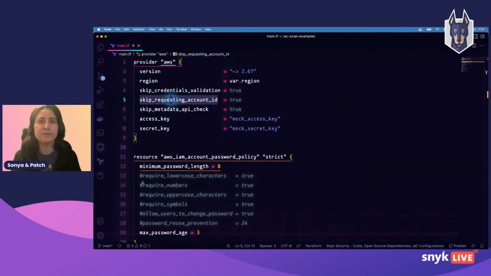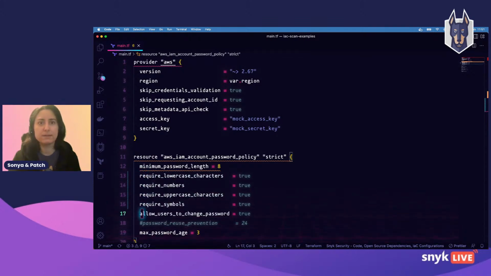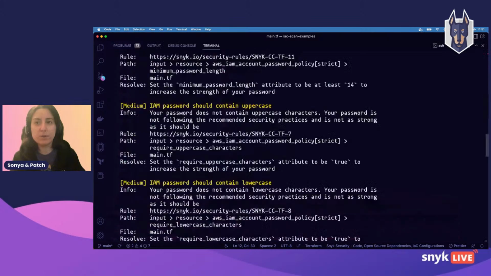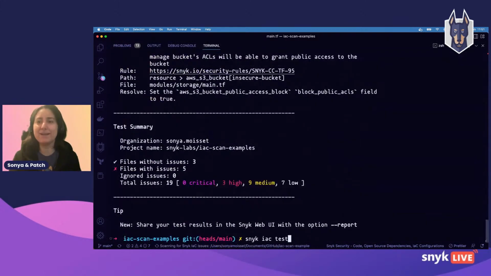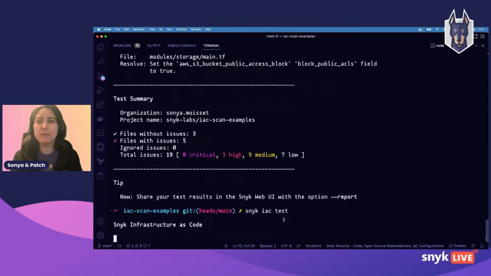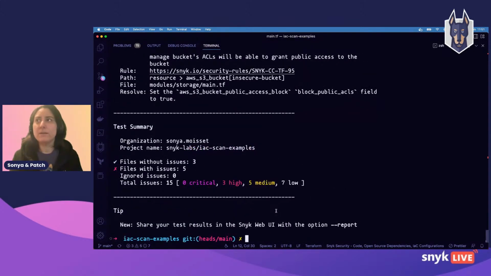Okay, let's fix this. Here I'm just going to remove this, and this. Cool. And I'm going to rerun the snyk iac test to see if we've actually improved the number of total issues, which was 9 medium. Let's see. So it's scanning our files again, and we've actually improved it. We've removed 4 issues here.